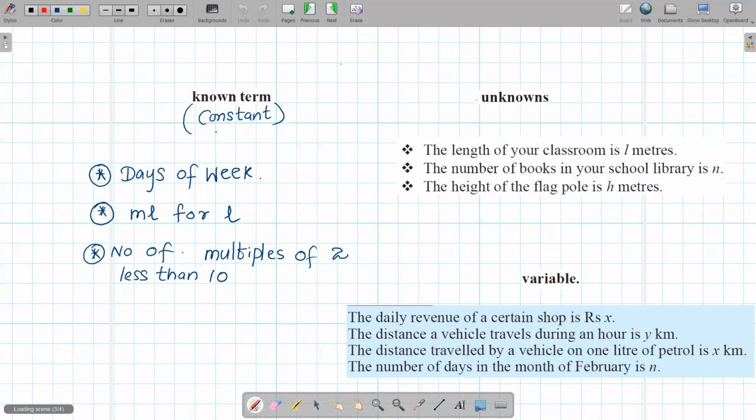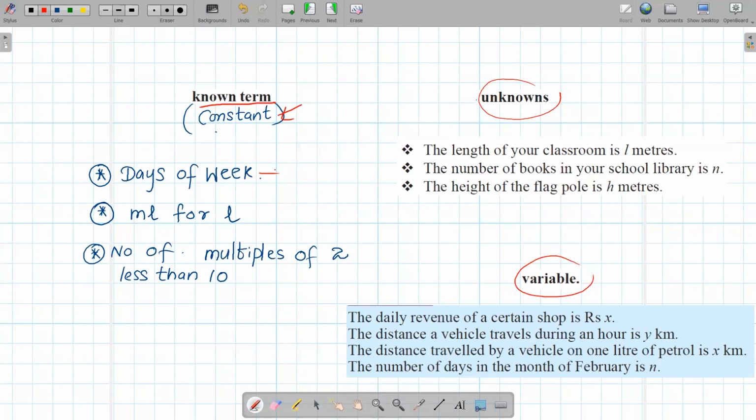Now I am going to explain some quantities, meaning some values. We can categorize them: known terms, another name for constant. If a word is new, if you are new to the English medium, it is better to write the meaning of those things. Known terms, constant. The other one is unknown terms, the other name is variable. So I'm going to explain what the known terms are. What are constants? Constant means you know the value. If you know the value, that is called a constant.